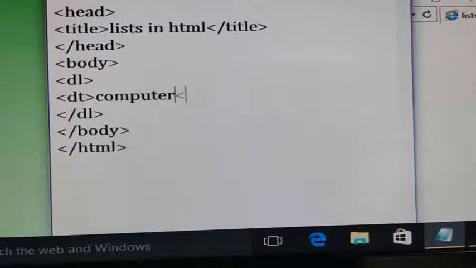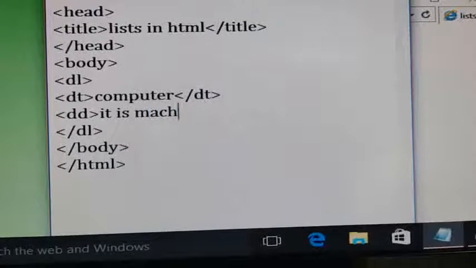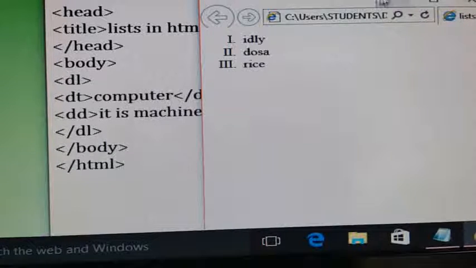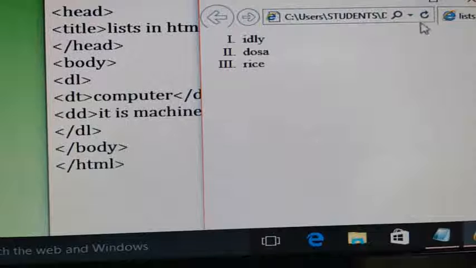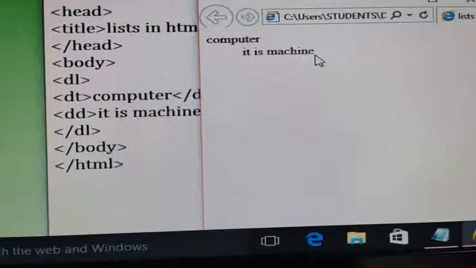Computer, DT, and what definition you want to give, that is DD. It is machine, and close DD. Save this, come to browser window, refresh this. See, this displays the web page like entries in the dictionary.